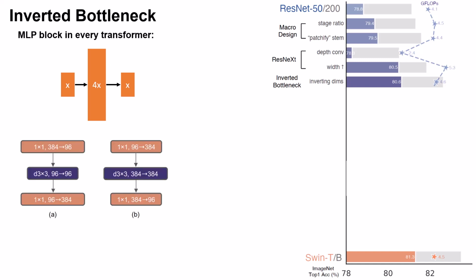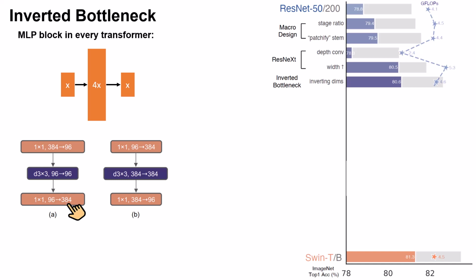But as you can see from this figure A, what happens in ResNet is that we apply a 1x1 convolution, and that decreases the channel dimension from 384 to 96, which is 4 times downsampling, and then we apply a 3x3 convolution that doesn't change the number of channels, and the whole point is to capture some local features in the image, and then we again apply a 1x1 convolution that increases the channel dimension from 96 to the original